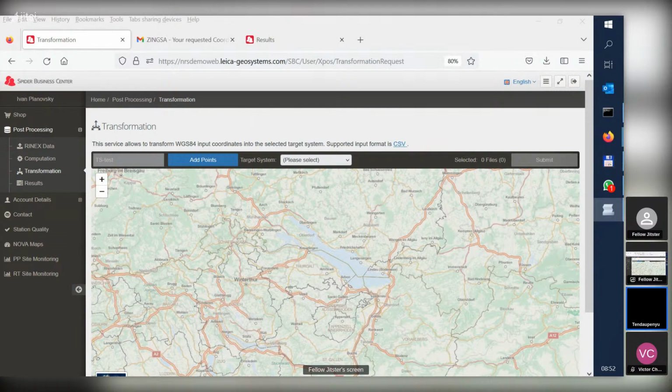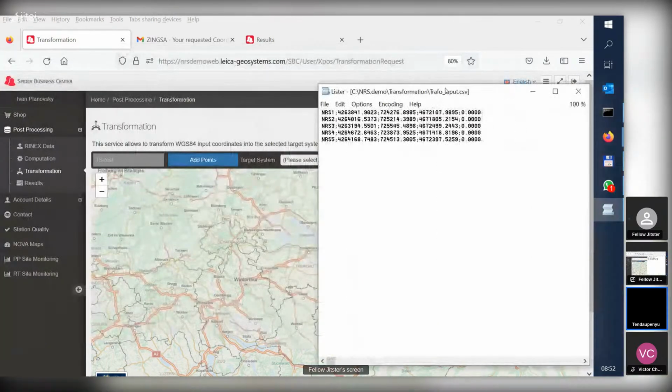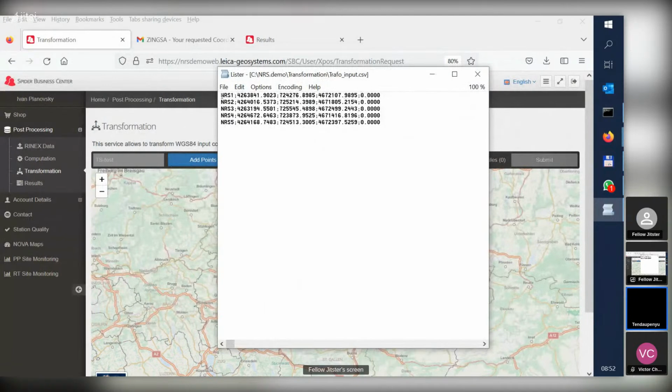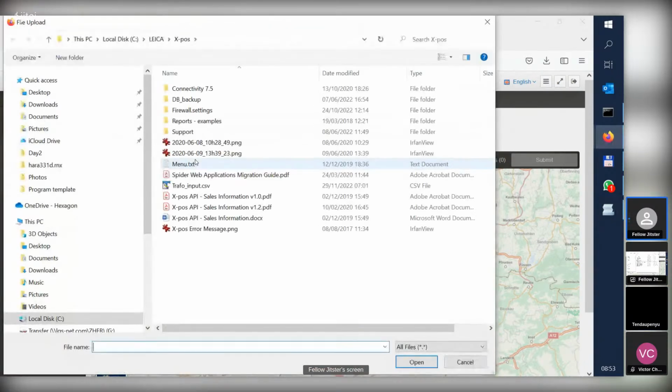Okay, the input file basically looks like this. It's a CSV file, point name, and then Cartesian XYZ coordinates. So this is X, this is Y, this is Z, and this is some kind of geometry. So there is no module height. So basically XYZ, which is the direct output of GNSS measurements. This is one of the supported formats. There are other supported formats, but if the end user selects this file,